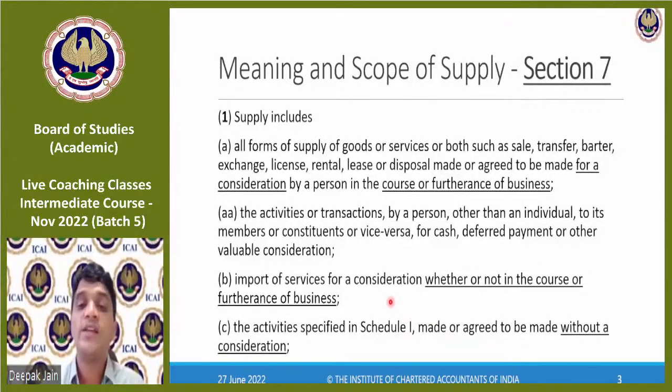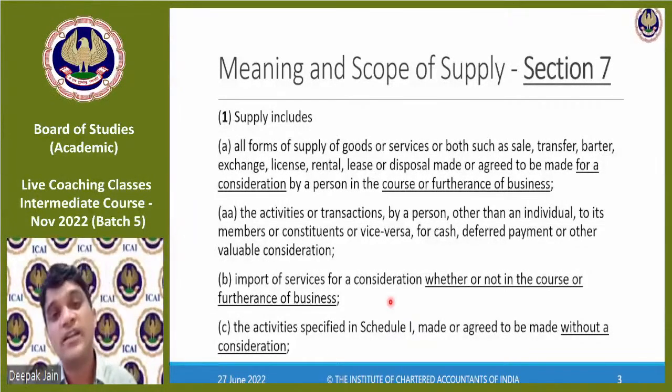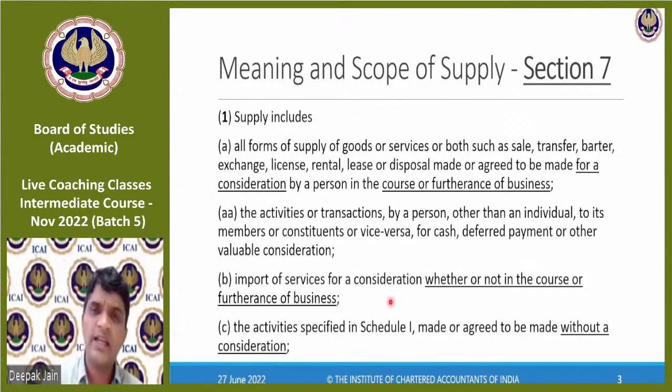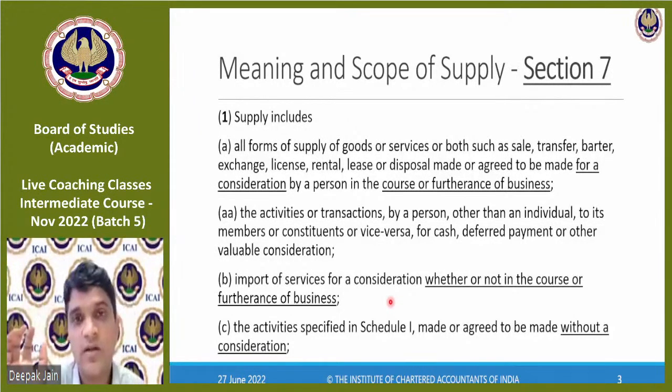Understand this. When I do any supply of goods or supply of services, who will pay taxes? Who will collect taxes? I will charge in my invoice, right? I'm supplying it to you as a student. If I am supplying some goods to you, I will charge GST and you will pay me the GST. Ultimately, responsibility is for me as a supplier to pay to the government. But in case of reverse charge, what happens? I supply something to you. I will not collect taxes from you. You have to pay the taxes directly to the government. That is a scenario of reverse charge mechanism, wherein the supplier will not charge the GST, the recipient will pay